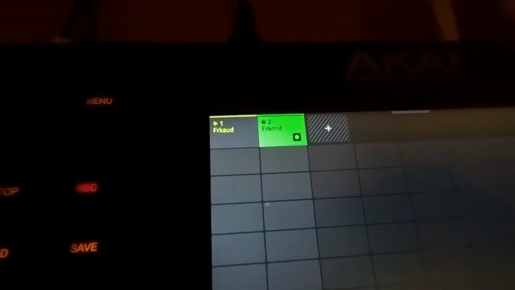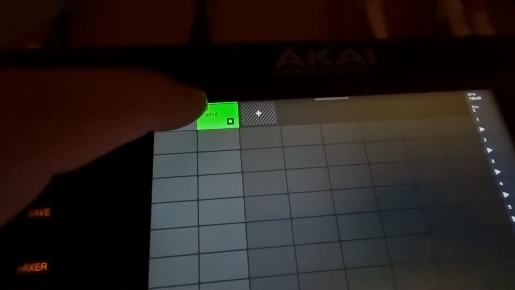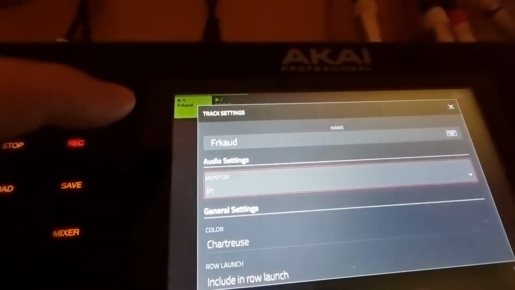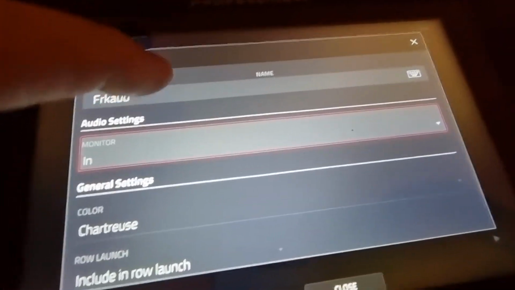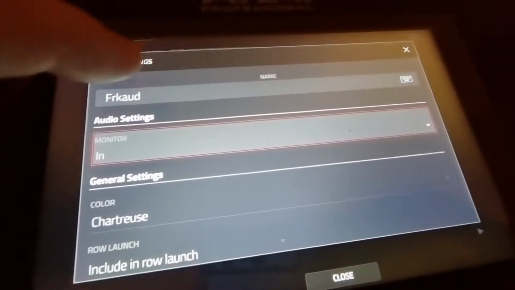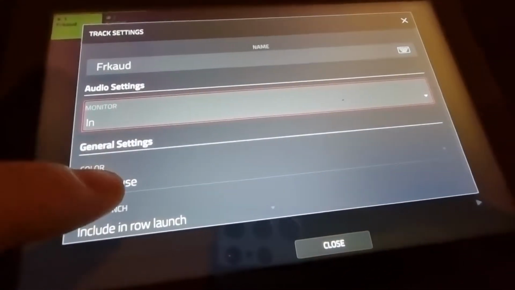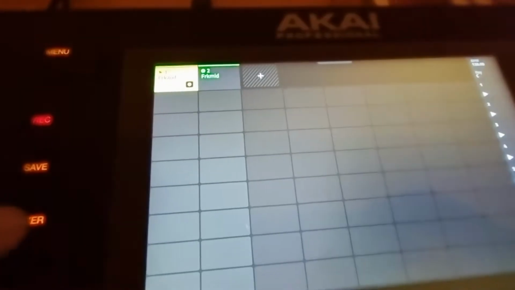So the Freak audio, even without the Freak MIDI track, you can get sound out of the microfreak. And what you do is, by the way, I just renamed the audio track Freak Aud. Monitor in, very important. Okay, monitor in. That's it. Now, if you go to the mixer,